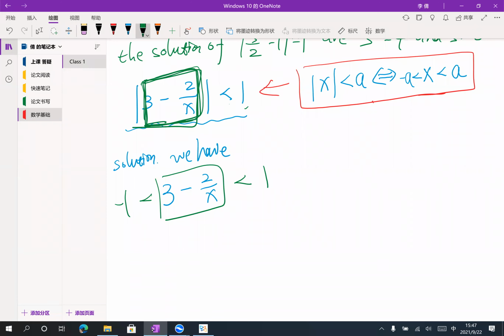From this property, we can get 3 minus 2 over x is larger than minus 1 and smaller than 1. And then to solve this inequality,